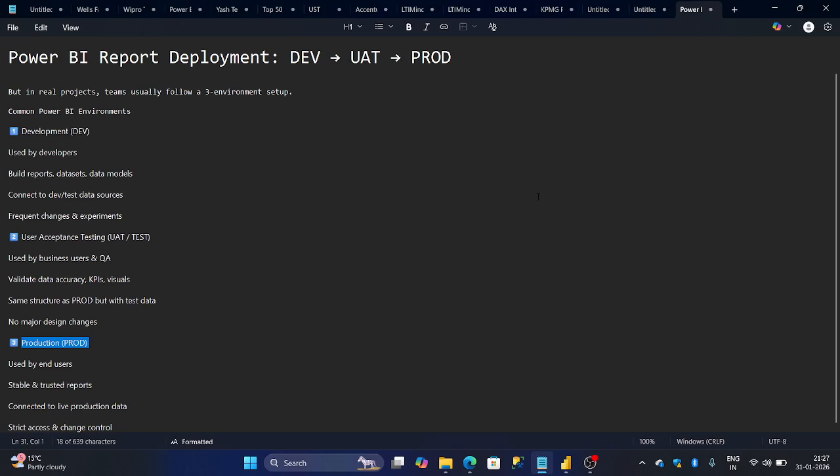Hi guys, let's understand about the Power BI report deployment in dev, UAT and production environments. In a real project, teams usually follow a three-environment setup. Common Power BI environments: the development environment is used by the developer to build the report, dataset and data model,